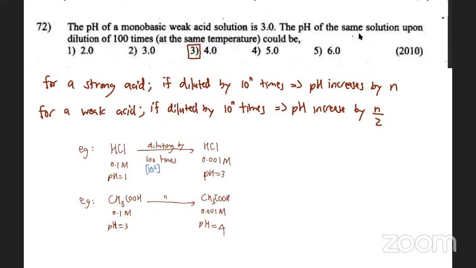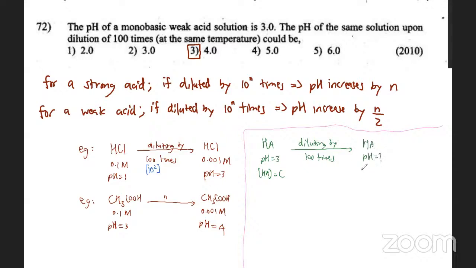Then we'll have to come up with an alternative plan, because sometimes you might forget it. Then the alternative plan is this. You have to compare the two solutions very quickly. They are talking about a weak acid, right? So there is a weak acid HA. It has pH of 3, and let's say the concentration of HA is C. Now they are diluting it by 100 times. Then HA will remain as it is. The new pH we do not know, but one thing we can definitely say is the concentration of HA solution,